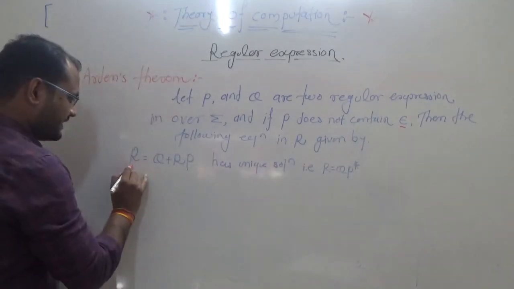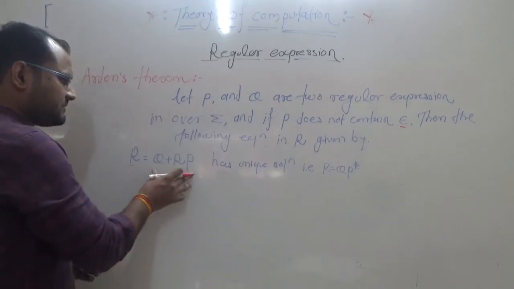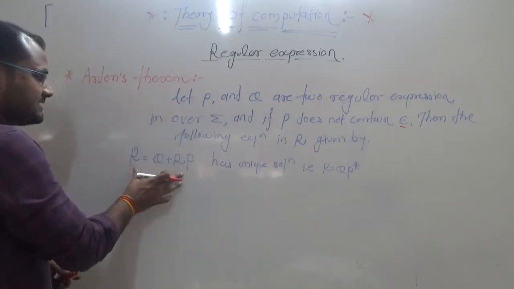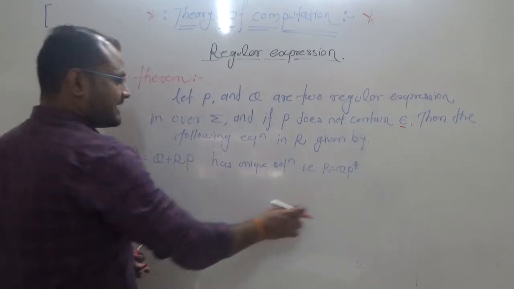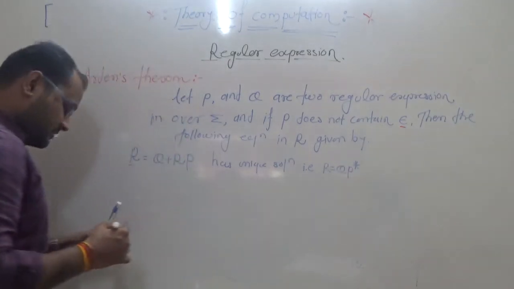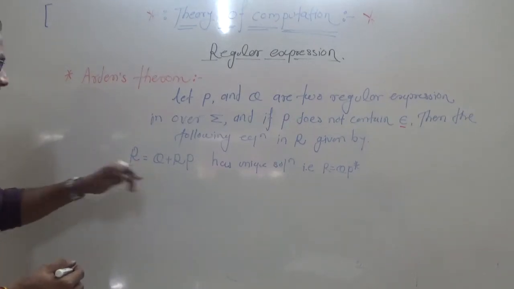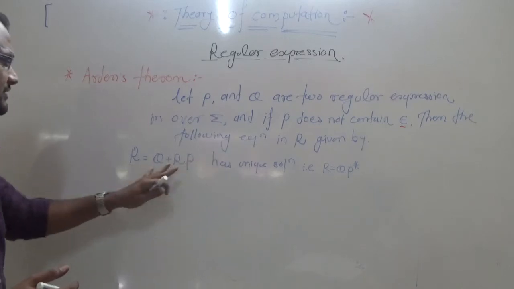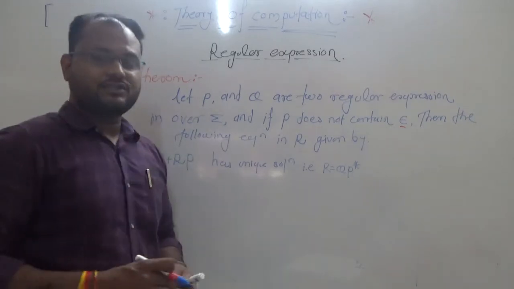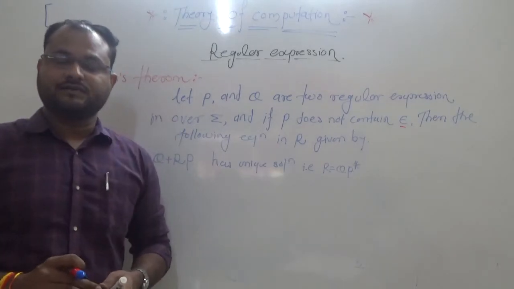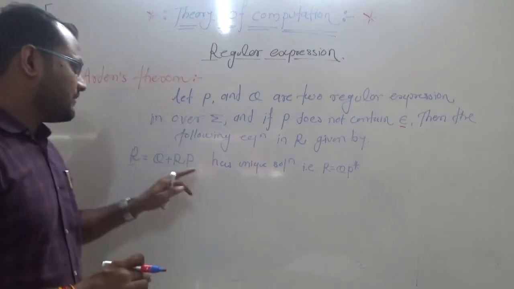When you get R = Q + RP as an equation in regular expressions, you can simplify it, and the unique solution for this expression is R = QP*. So how exactly does it work? We need a proof that this is the solution, the only unique solution, for Arden's theorem. We will also learn some problems on converting a finite automaton to the given RE using Arden's theorem, so you will understand what exactly Arden's theorem does and the use of this equation.